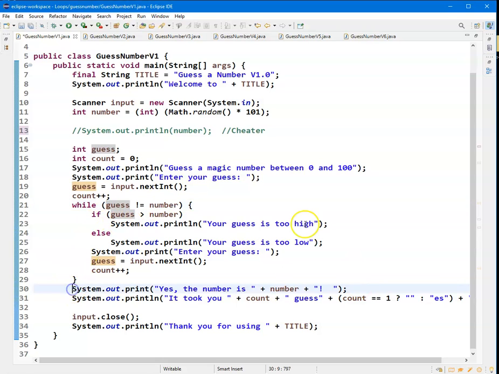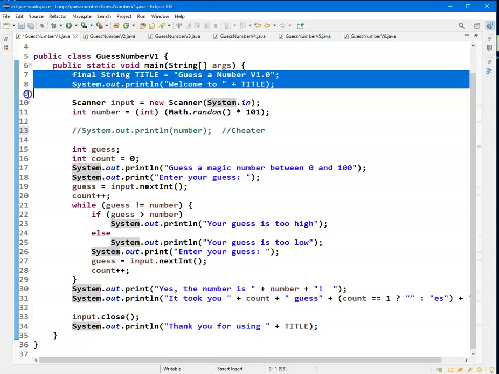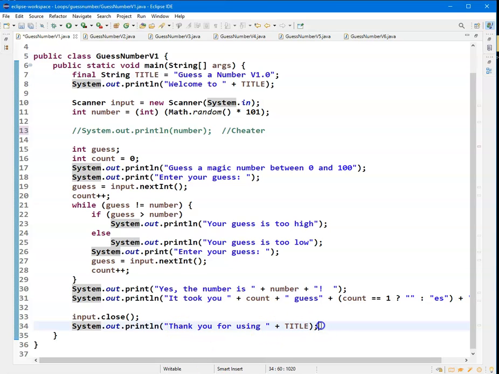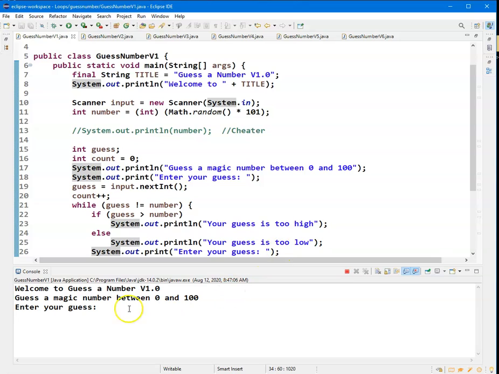If guess is equal to the number, line 30 executes. You found the number. Yes, the number is number or guess, it doesn't really matter. And it took you so many times to guess the number. This little logic here is just for the plurality. If count is equal to 1, you write down guess, otherwise it's guesses. Also I have some logic here to get you used to the system. I have a little title, and I say welcome to the title, and at the end, thank you for using this program. See, run it. Welcome to the guess a number version 1, 50,